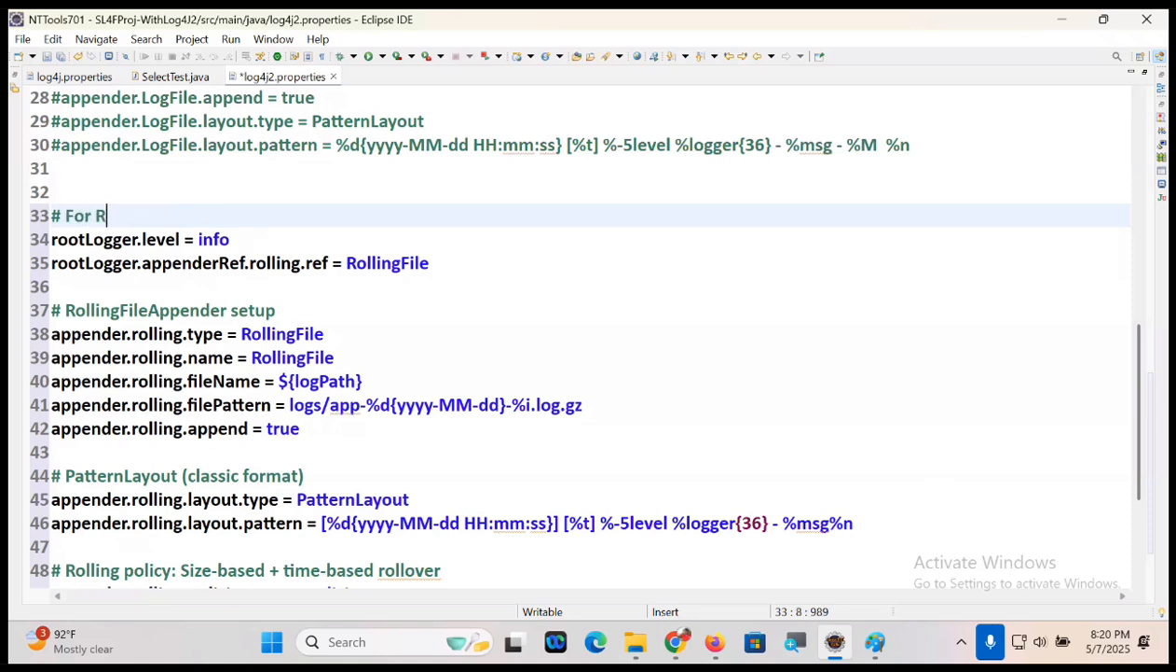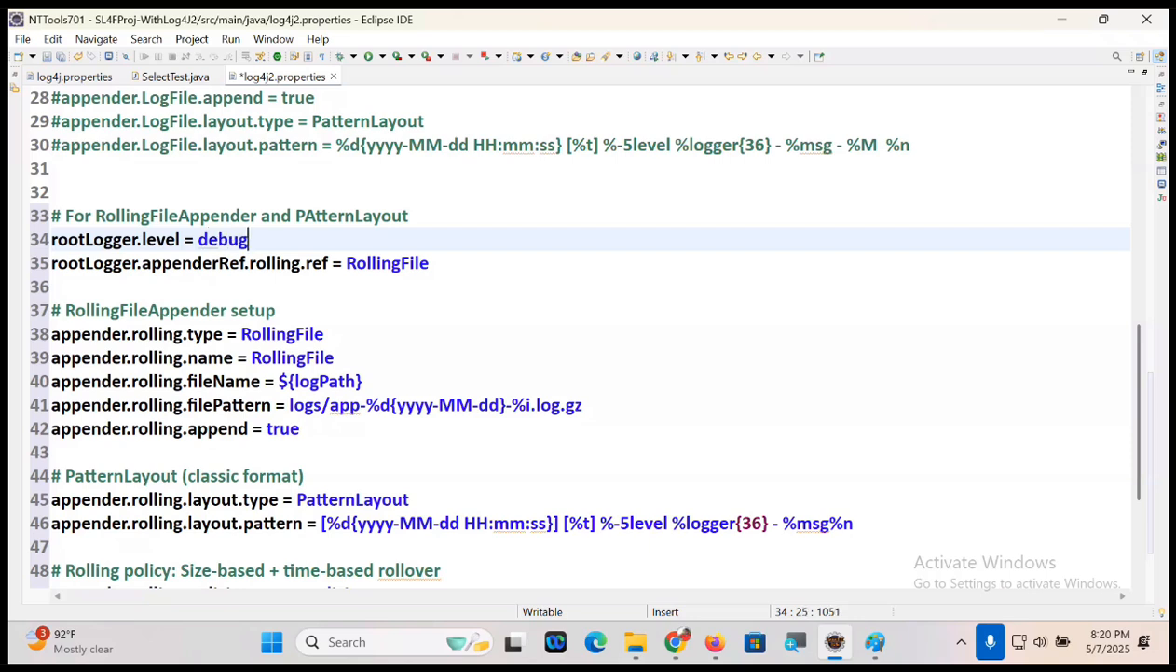For rolling file appender and pattern layout. I want to get all messages, that's why I'm taking debug. Okay, file name, any name I can give, guys. App underscore log4, log4.txt. Right,